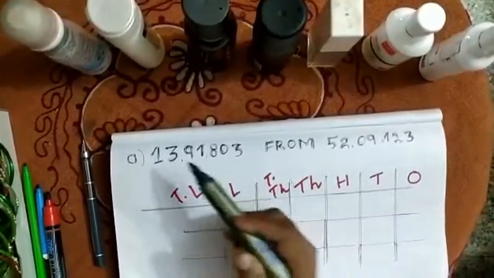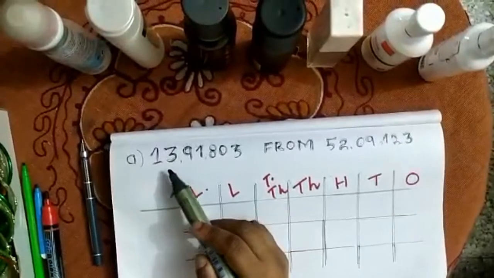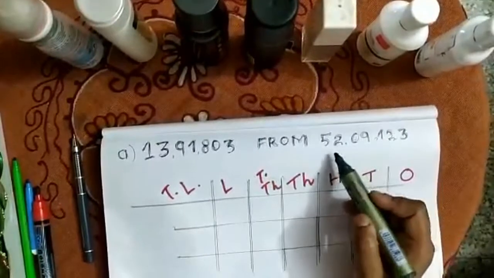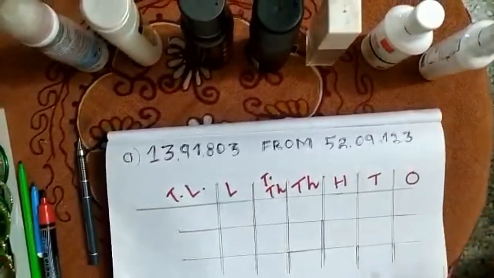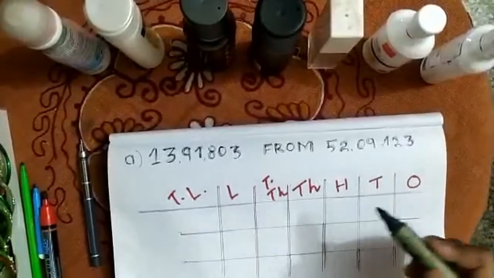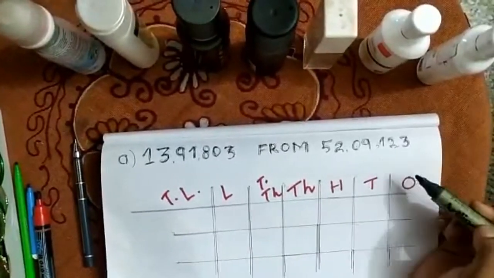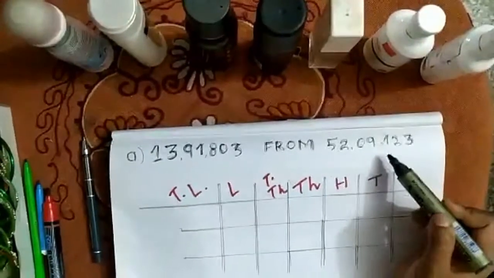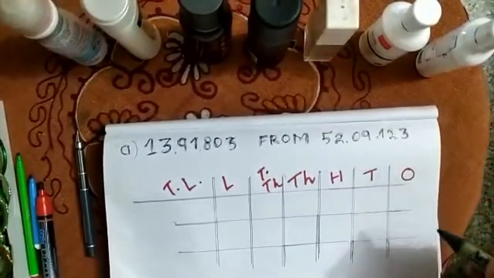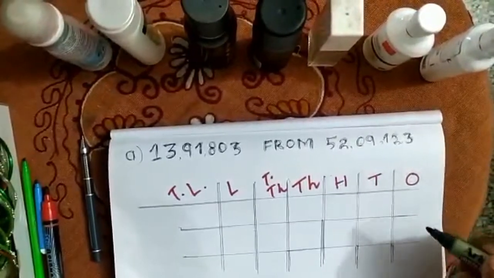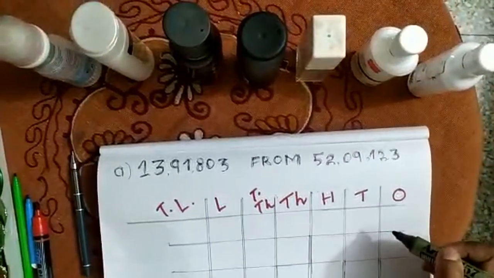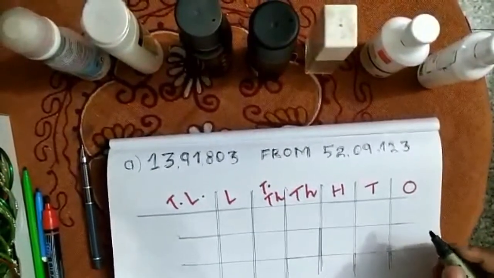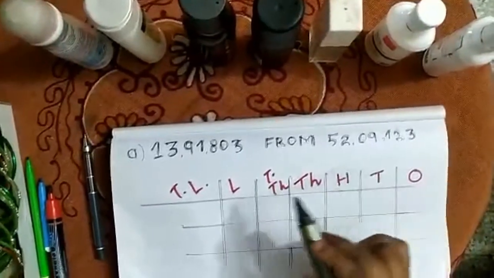Now here, children, 13,91,803 you have to subtract from 52,09,123. So let us arrange these numbers according to the method of subtraction. Firstly, the greatest number, that is minuend, is written first. So here this is a place value chart where I will give the entry of the minuend and the